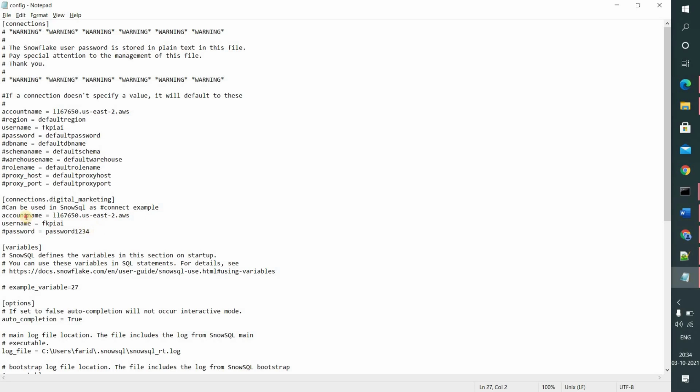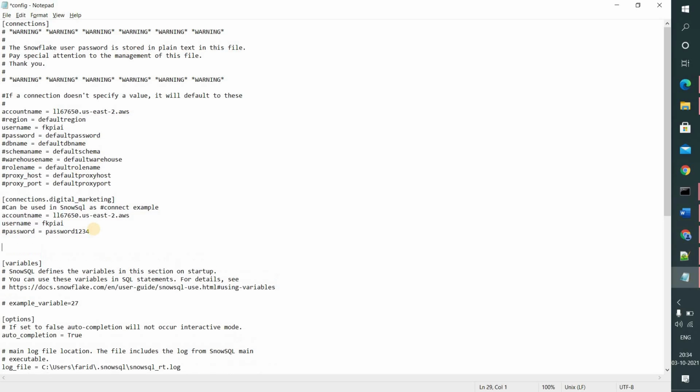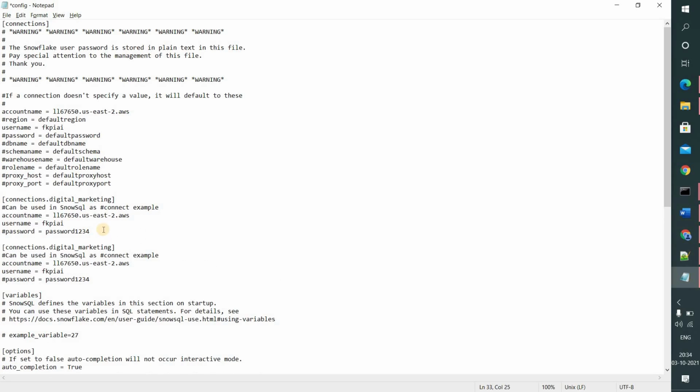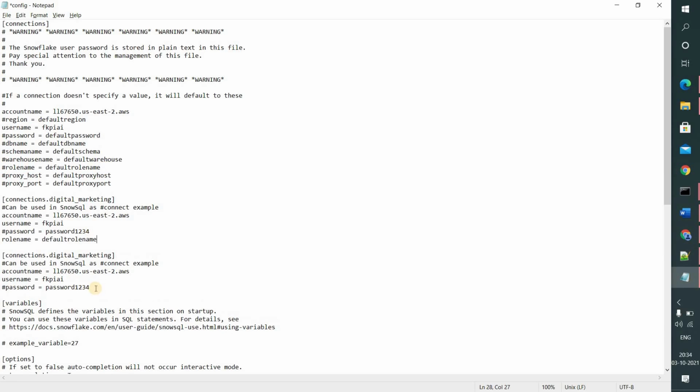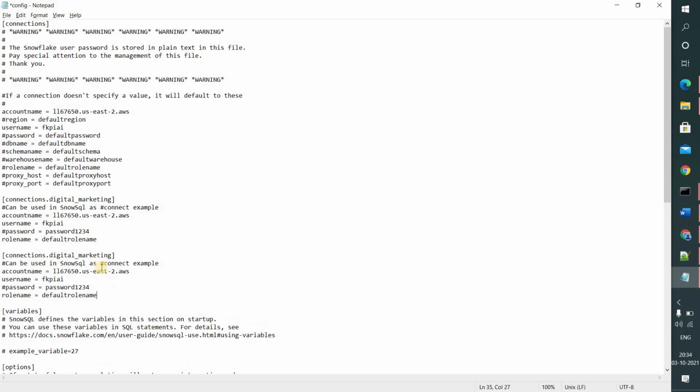So I am specifying one more connection here. To differentiate, for example, I am copying this role name here and I am keeping here.